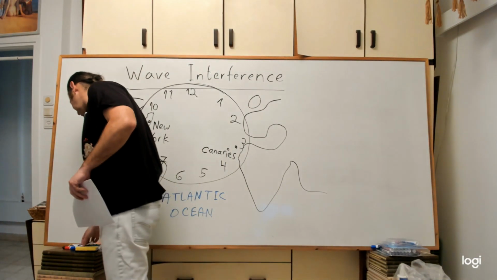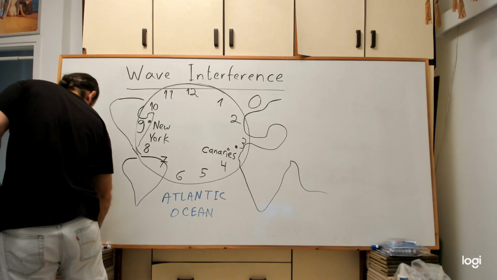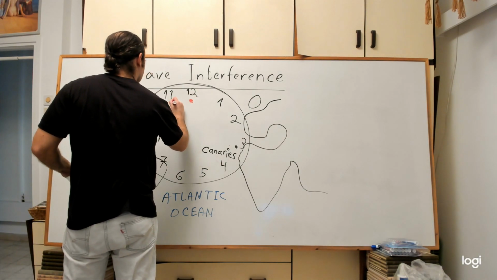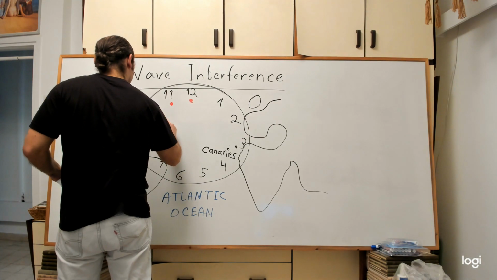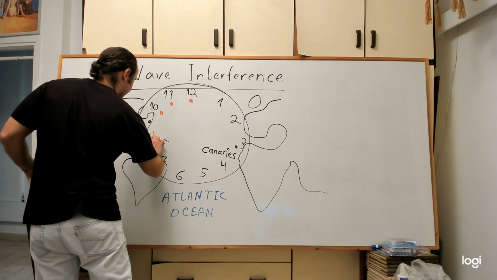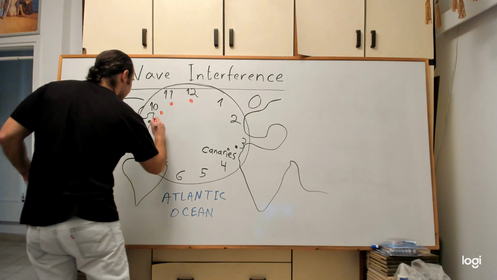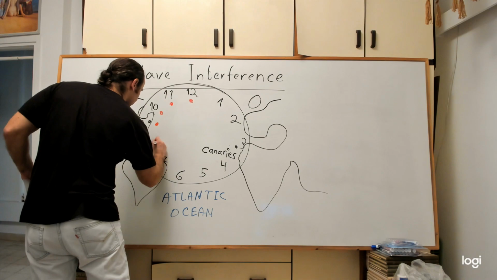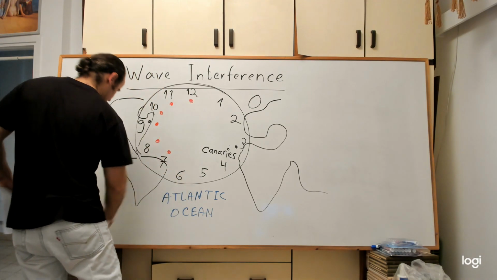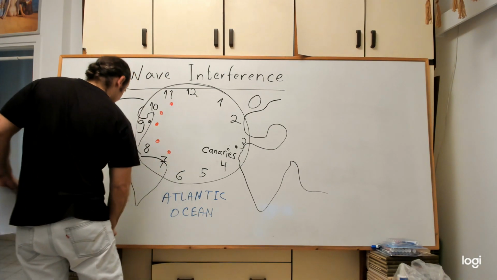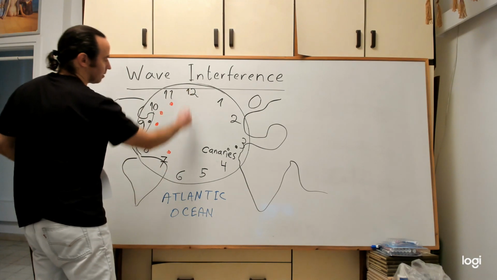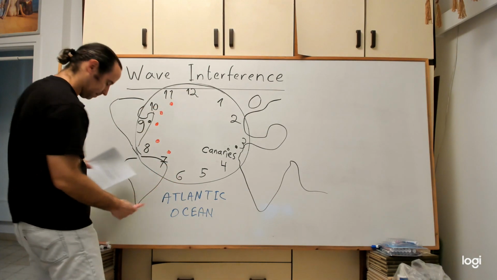So we are putting bombs here and here and here and here. And here and here. Okay, and at 12 and 6 we don't, I made a mistake. At 12 and 6 we don't need them, because they will cancel each other, so it's redundant.